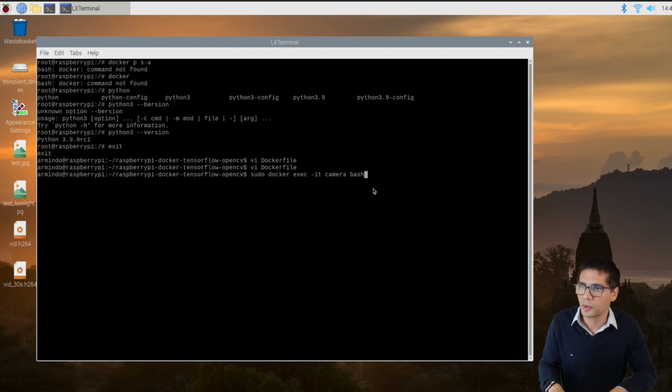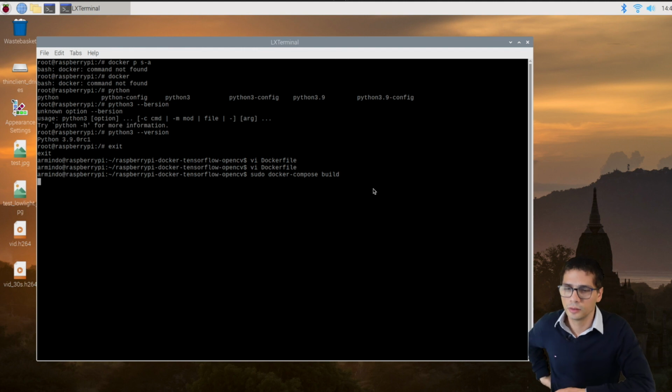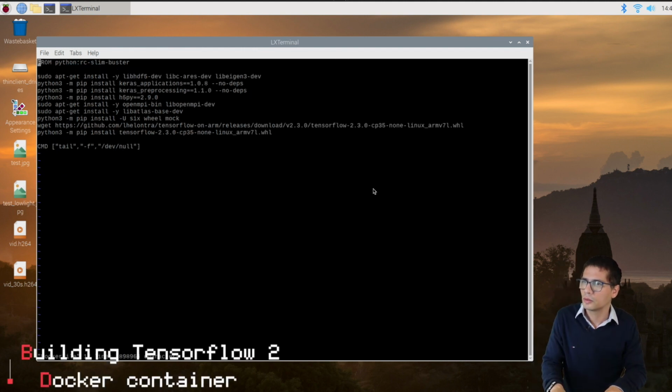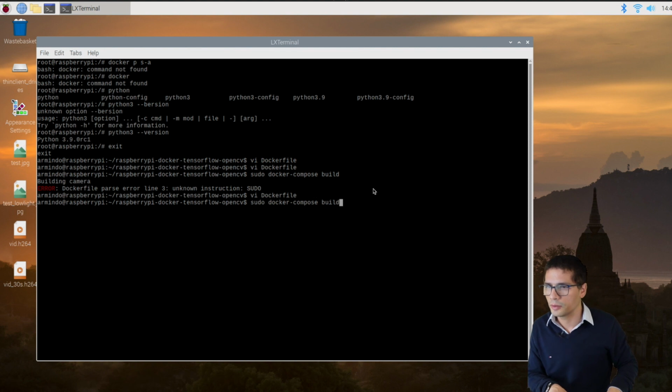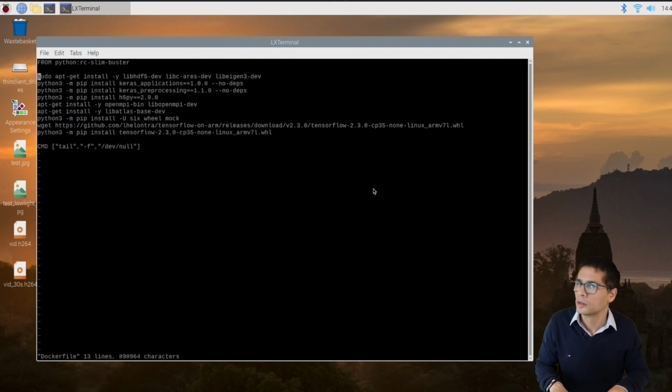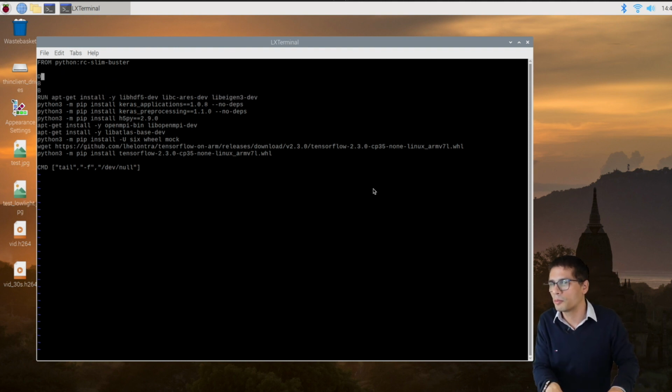So I'm just going to do a build of the Docker file again. Oh, don't need sudos. I don't even know if apt-get is something I can use within the container. Let's find out. Oh, more sudos. So actually each command in Docker needs to be preceded.